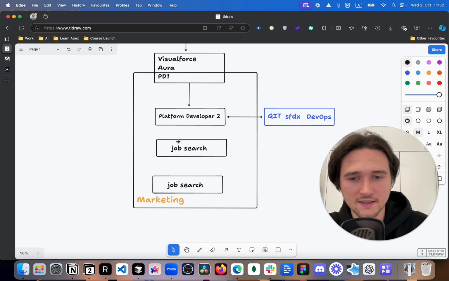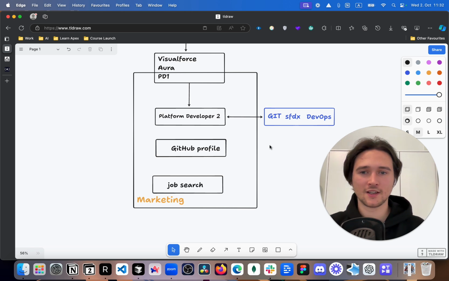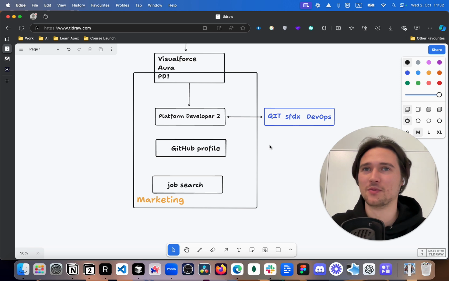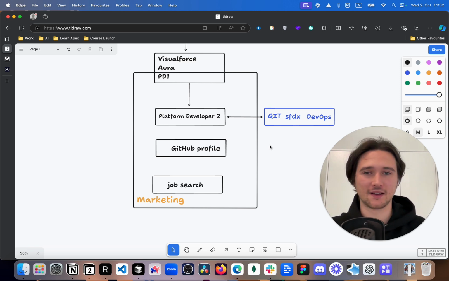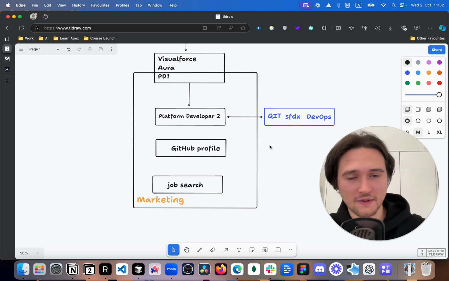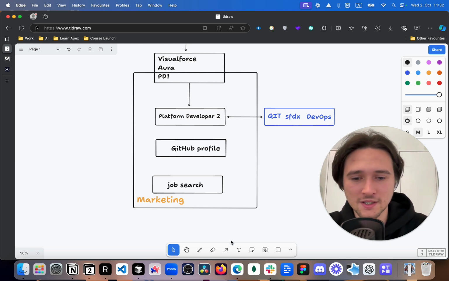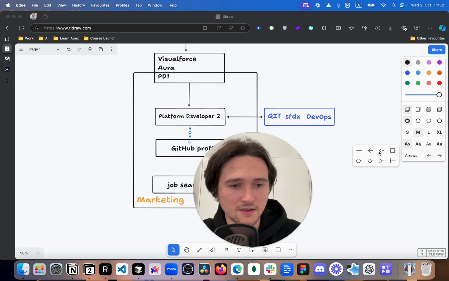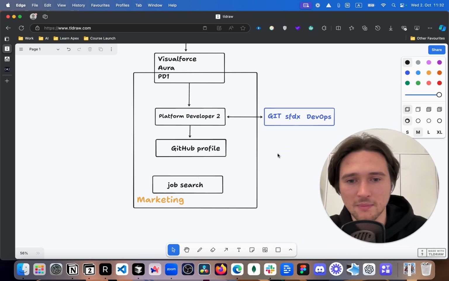And here, your GitHub profile. You need to brush up your GitHub profile, and you need to present your projects and everything that you've done so far in a very good way. You need to showcase it. I had a student who created a whole website with a website builder. You don't need to build your own website with LWC components, but you do need to show people. Usually the way you show it is on GitHub, because developers hang out there. And then you also need to do the job search.